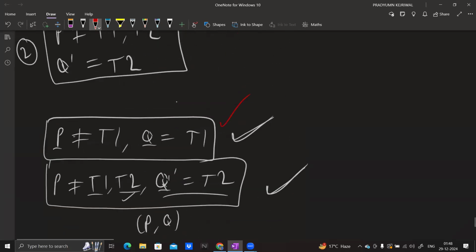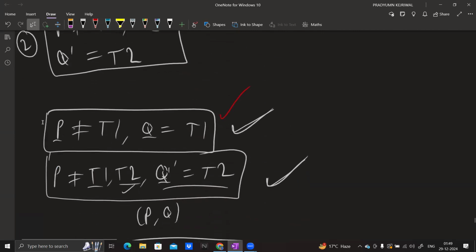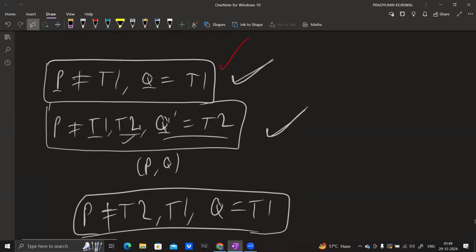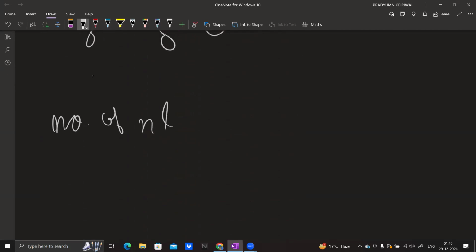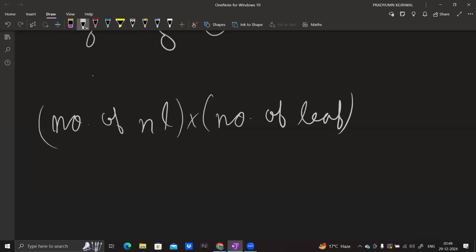Anyways, let's just count for type 1 and type 2. Let's just count for these two conditions. One condition is P is not equal to type 1 and Q is equal to type 1. So I think this is easy. You just need to count the number of P comma Q pairs where P is not a leaf and Q is a leaf. So that's just the number of non-leaves into the number of leaves, right? This is the condition one,